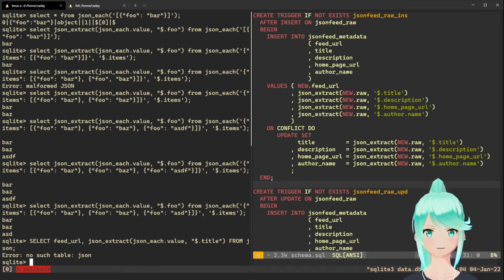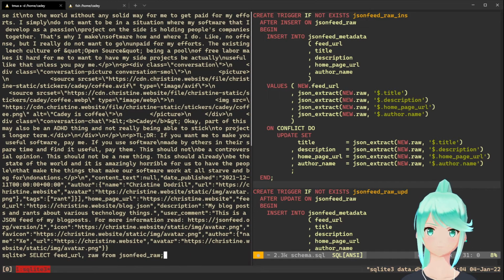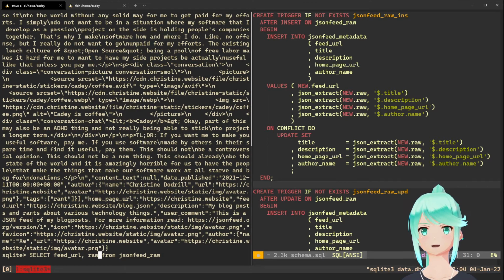So I have all of this JSON. I can extract that from there. So then what I need to do is I need to get the